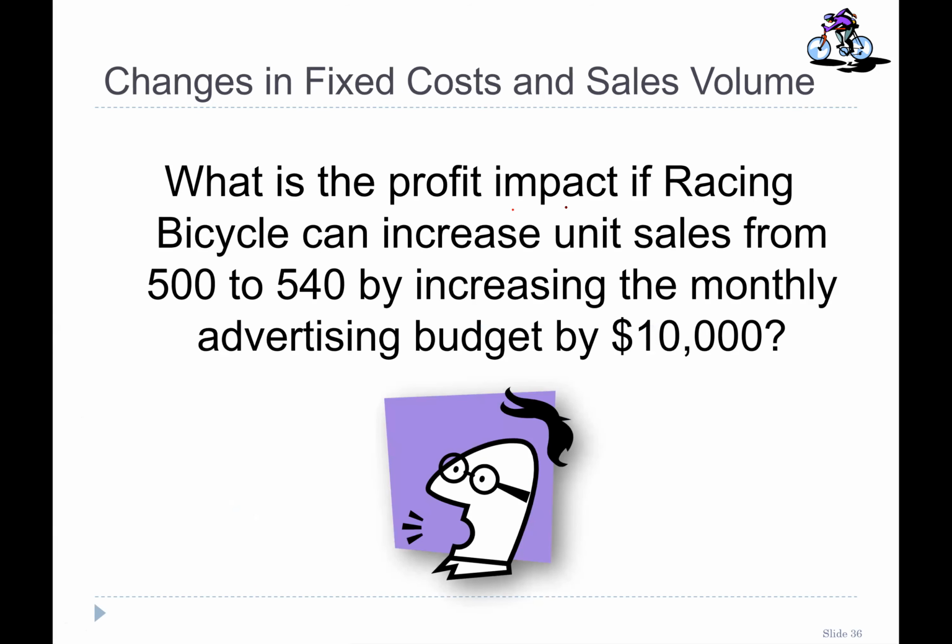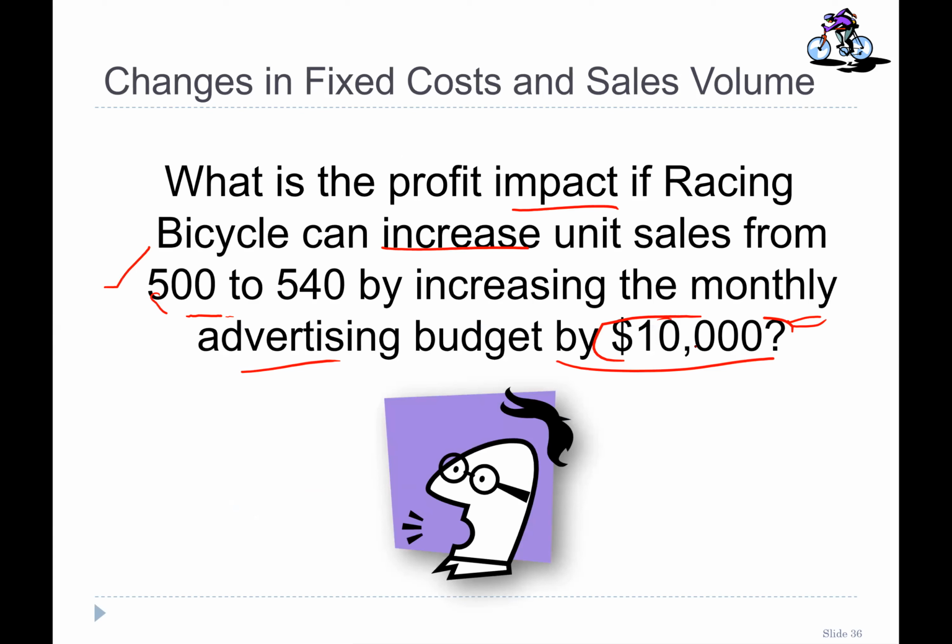What is the profit impact if the racing bicycle company can increase unit sales from 500 to 540 by increasing the monthly advertising budget by 10,000? So up till now, what we have discussed, we just varied one variable and then found out the impact. But now we are changing two variables. We are increasing the number of units of bikes sold,